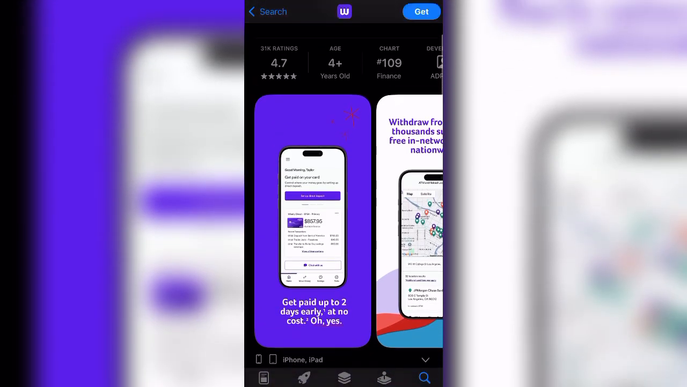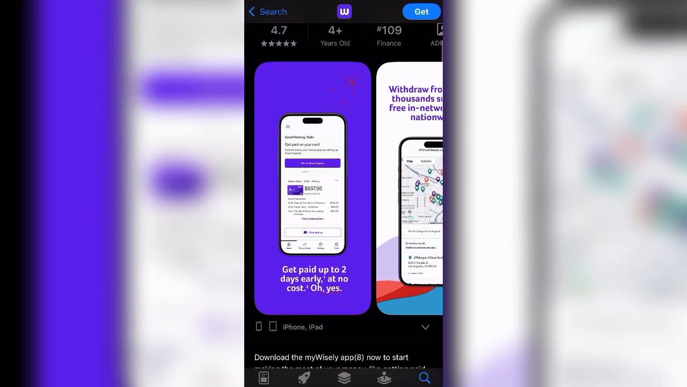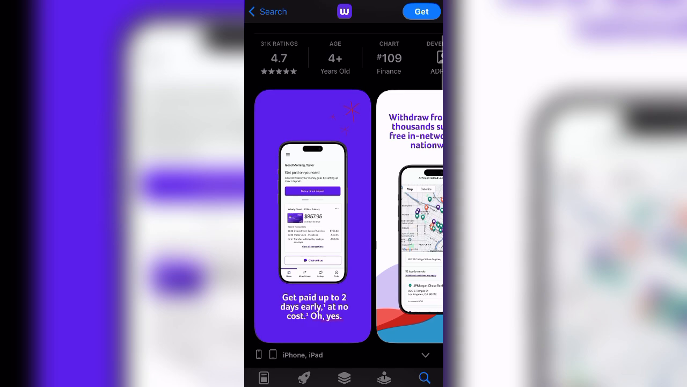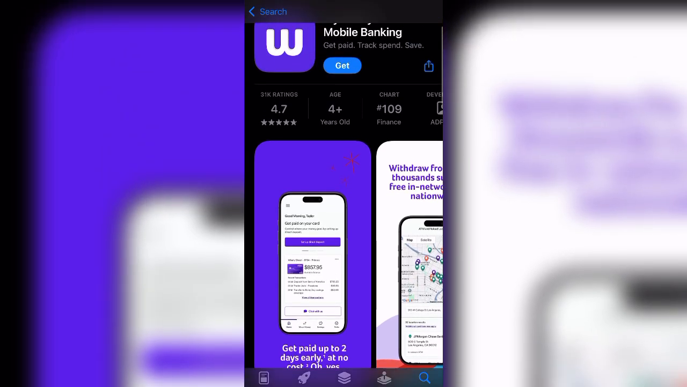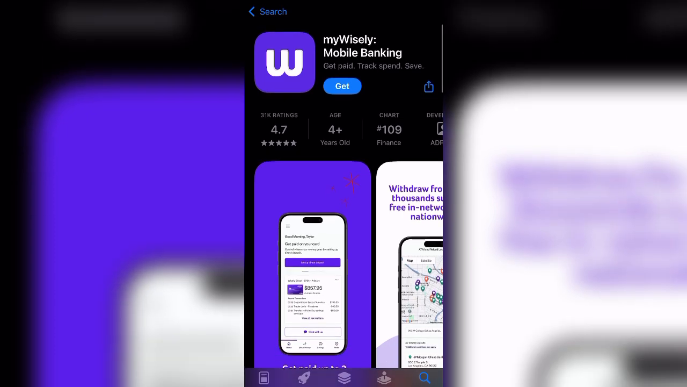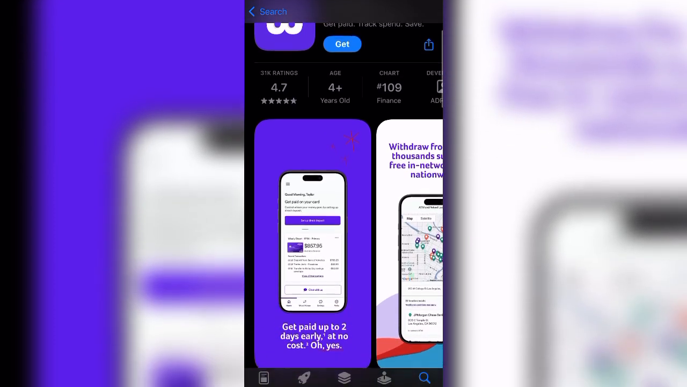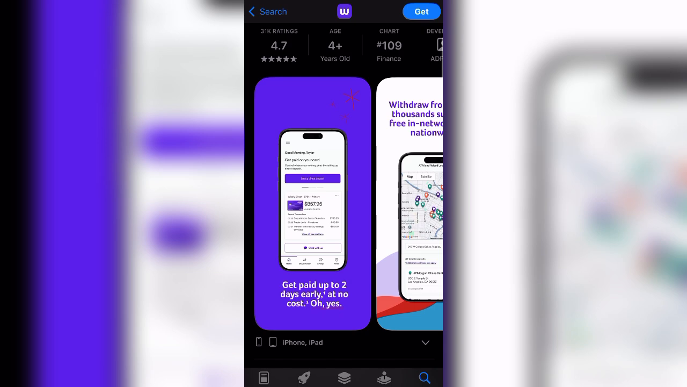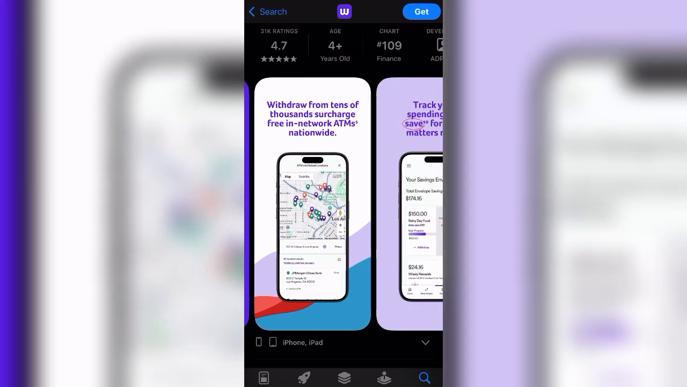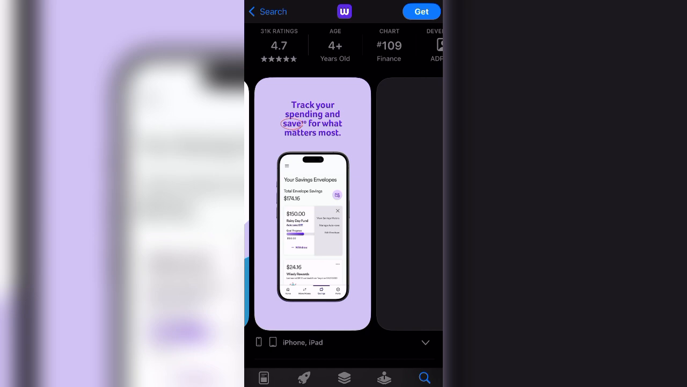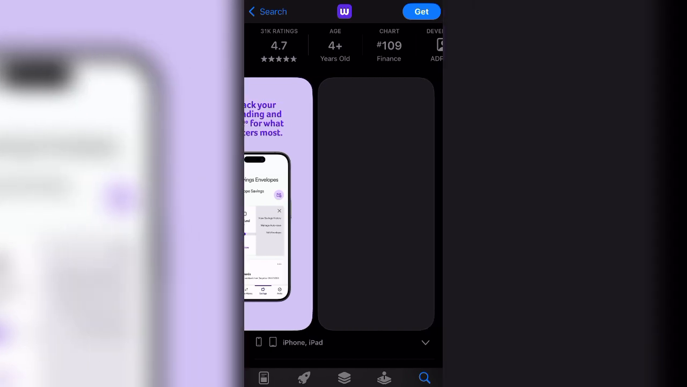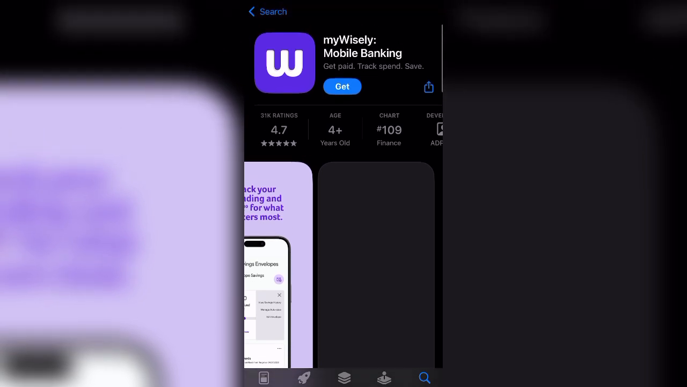In this video, we're reviewing the Mywisely mobile banking app, developed by ADP. This app is designed to help users manage their finances, offering features like early direct deposit, budgeting tools, and secure transactions. This video explains the app's purpose, key features, advantages, drawbacks, and user feedback to help determine if it's suitable